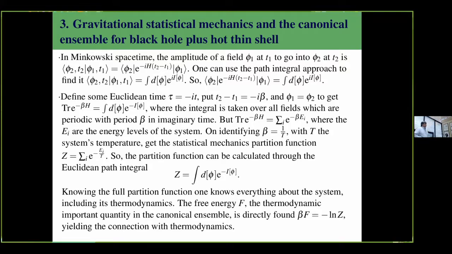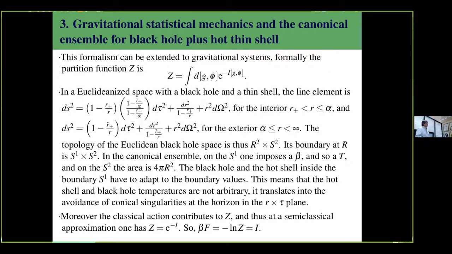Okay. So we have a means of calculating the partition function for the system, and once we know the partition function, we know everything about the system, including the thermodynamics. For instance, the free energy, which is the important quantity in the canonical ensemble, can be found directly by F equal to minus T log Z. So if we know Z, we have thermodynamics from this immediately. Okay, so this is Feynman and Hibbs' book, it is all there. So Feynman found this